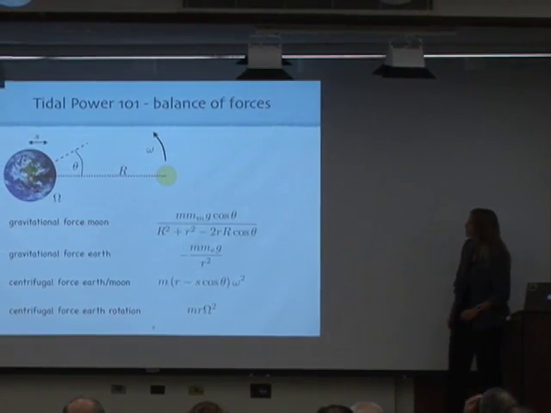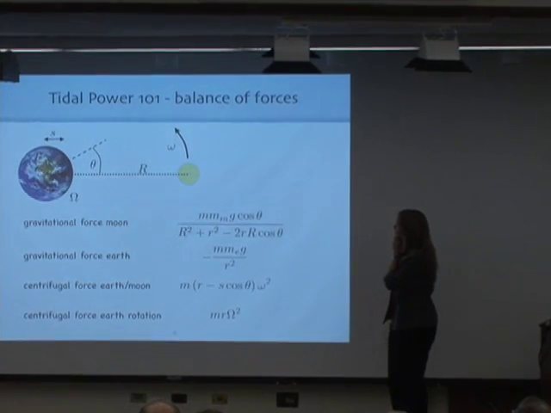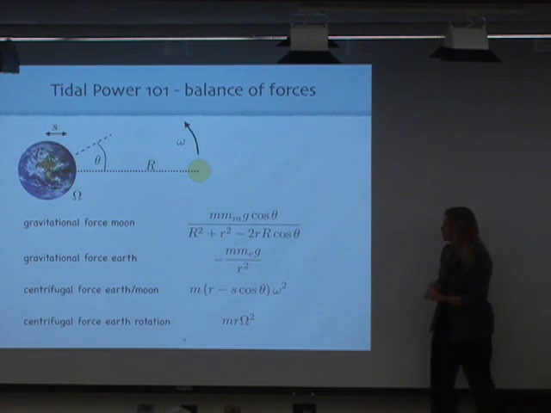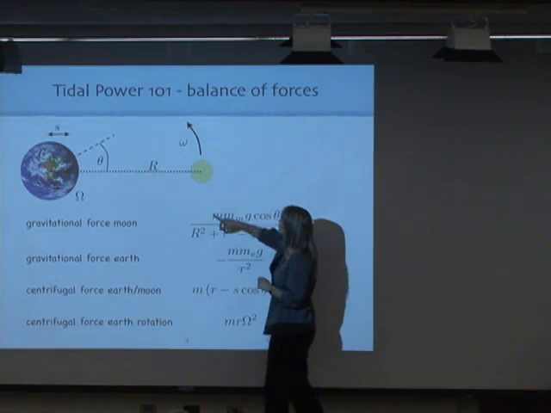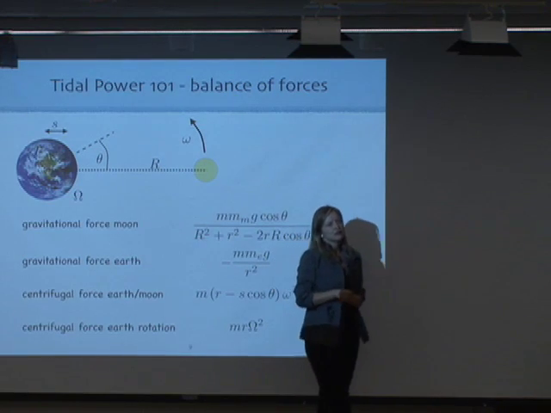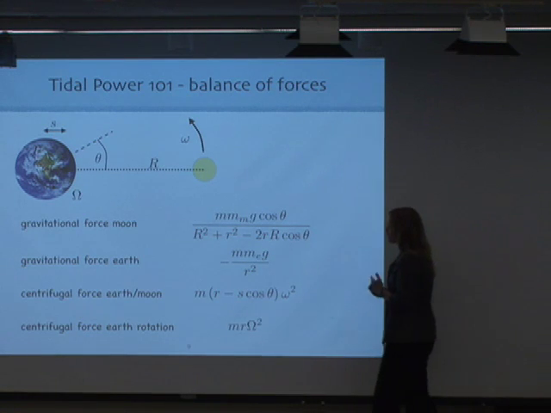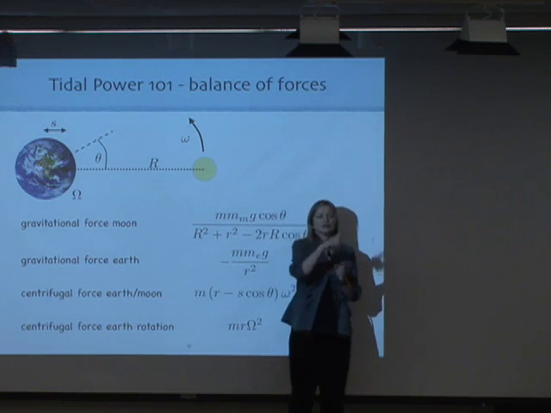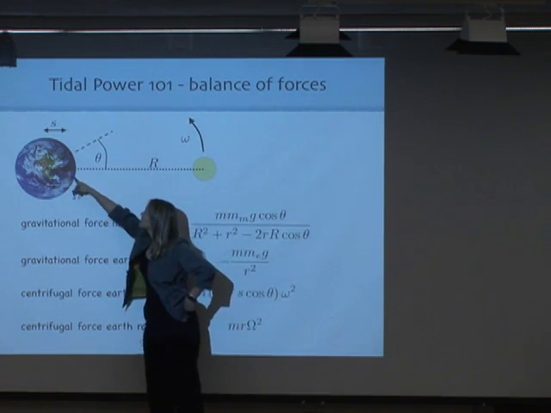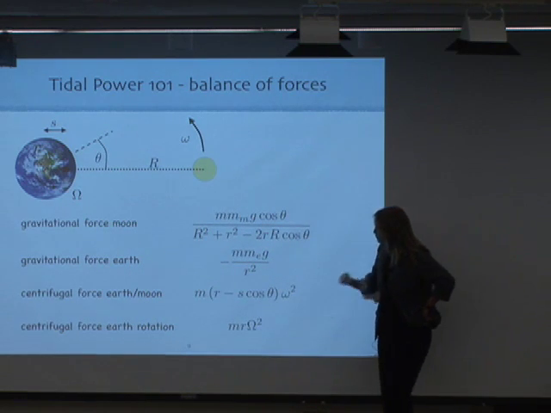Okay, now what about the tides? Well, you've probably all seen this before. Tides, tidal currents are formed because of a force balance, and there are 4 types of forces that play a role. Mostly people say, well, it's because of the gravitational force of the moon. But there is also, on water, the gravitational force of the Earth. Then there are 2 centrifugal forces, one of the rotation of the Earth around its own axis, and one because the Earth-Moon system is rotating around its center of mass. Okay? And that center of mass is indicated right here with a big dot. And here are these 2 rotations. And here's some other numbers. If we do the mathematics, then we get those 4 forces out of it.